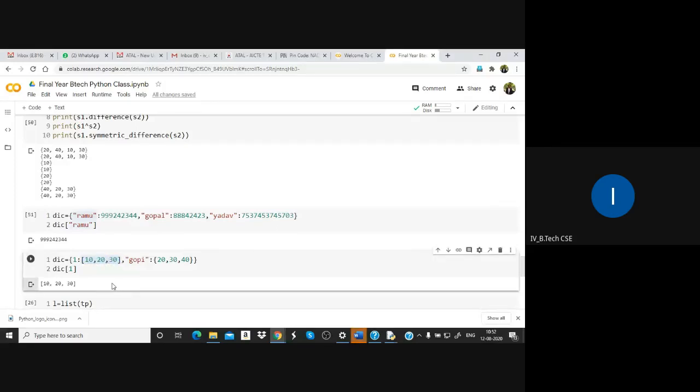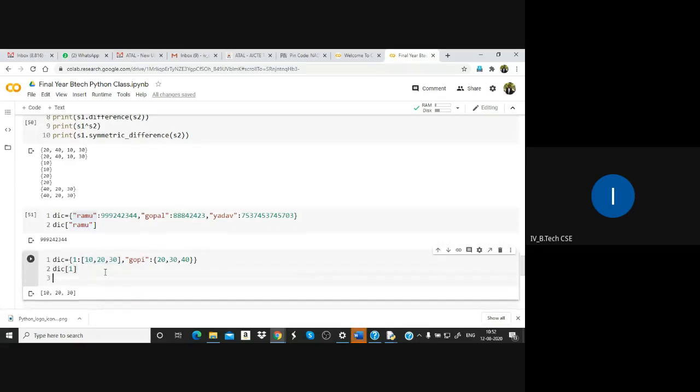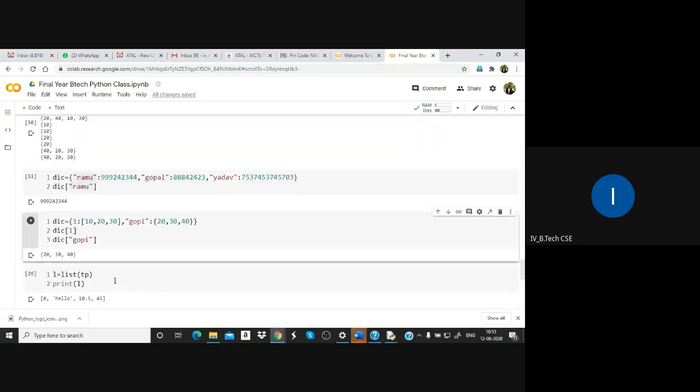Next I type dictionary Gopi, and I got 20, 30, 40. Please make a note of this. This is what a dictionary is: key value pairs, key value pairs, key value pairs. This is the next kind of sequence in Python.